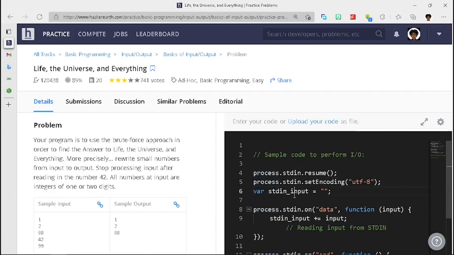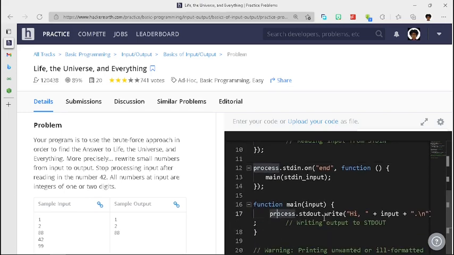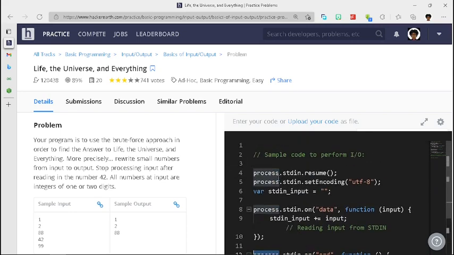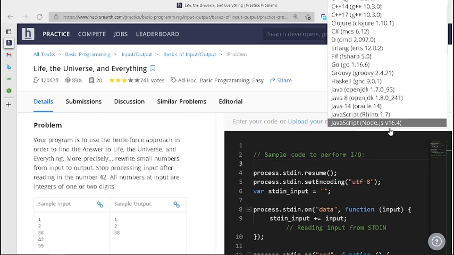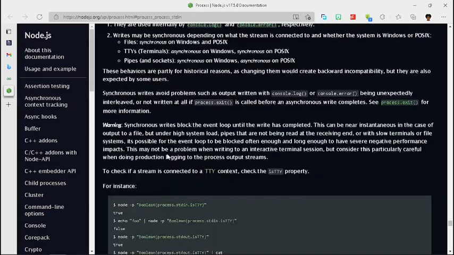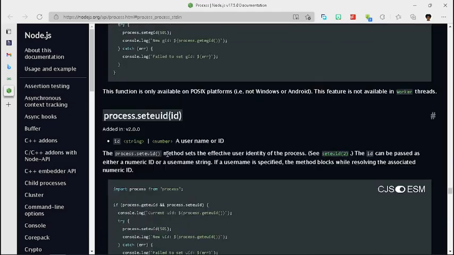So basically, what I didn't research much because I was lazy, I just focused on the standard output and the standard input and process, right? So I went to Node.js to check the documentation. So this is obviously a Node.js environment, hence JavaScript, and Brackets has Node.js when you're choosing your language here, right? So if you check the documentation, I already have it open. I won't explain much, but